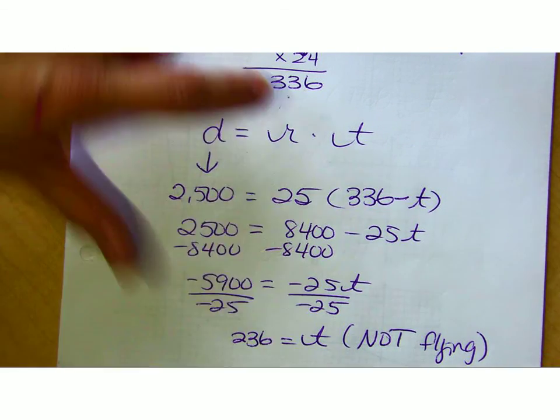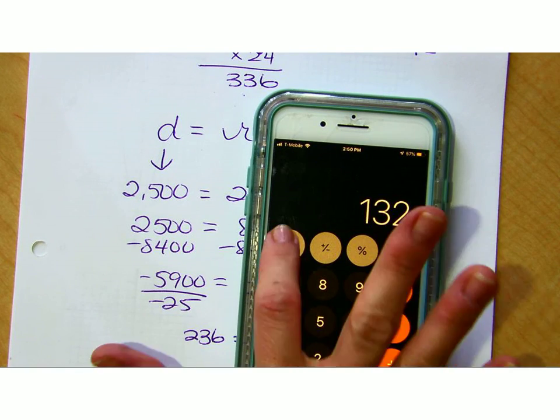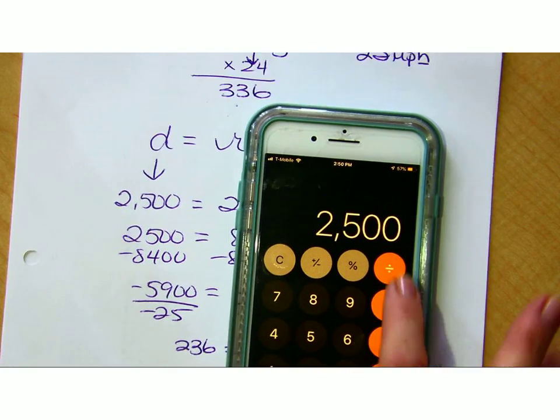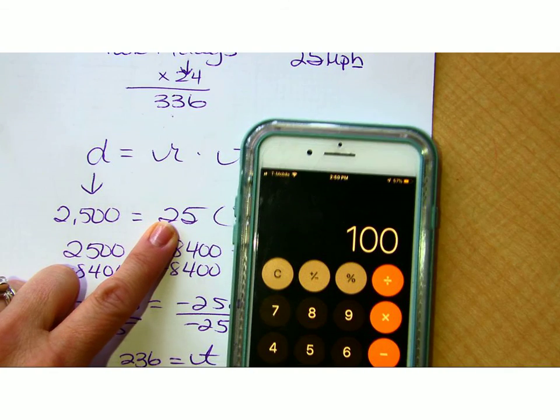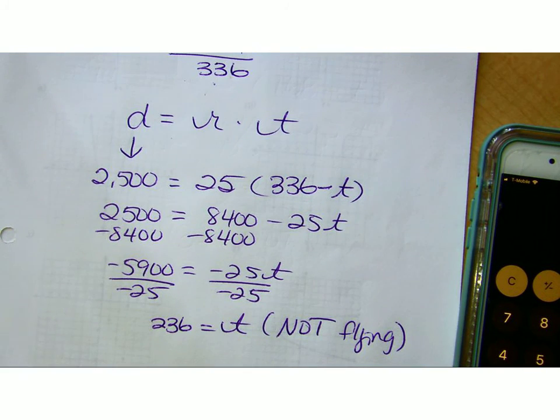Let's just confirm that that's right. If I were to take the distance and divide it by the rate, I should get 100. Okay? Does this make sense? Okay. So you're going to